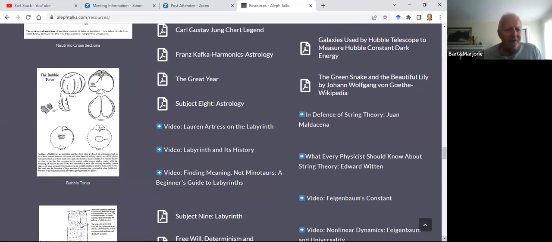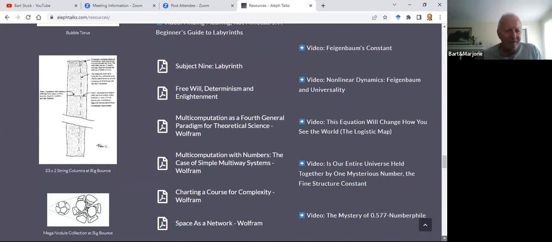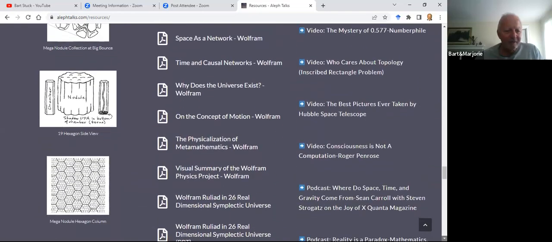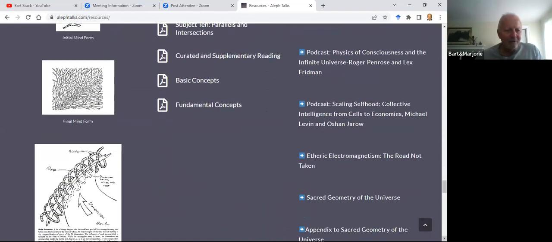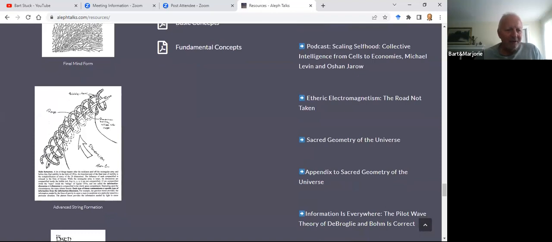The other thing to keep in mind here is, I'm just scrolling down here so you can see. I said that there are these 10 closed strings. If you look at the 10 closed strings for matter, you'll see there's another loop around it that goes with it.